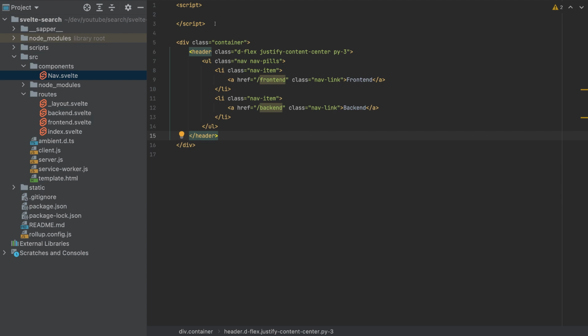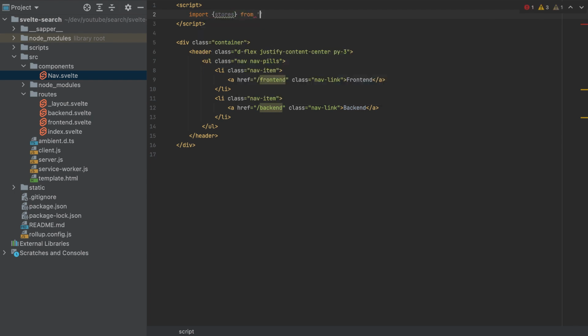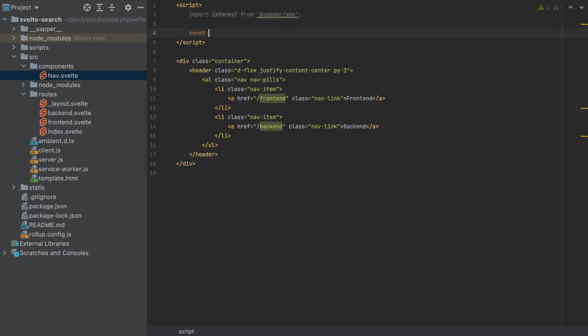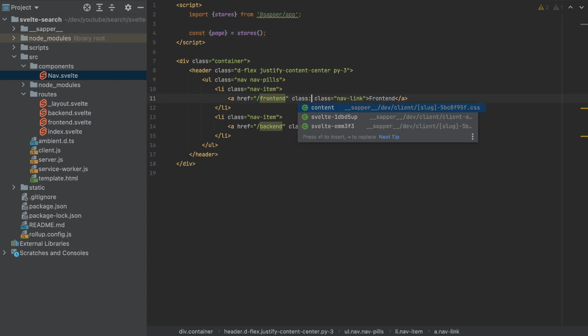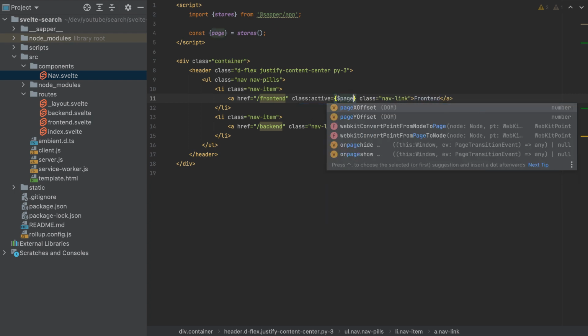To get the active route, we have to import stores from Sapper app. So we imported the stores, and we need to get here the page from the stores. Now with this we got the current page, and we can add here class active is equal to page path